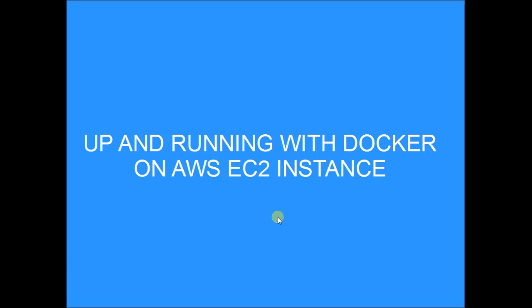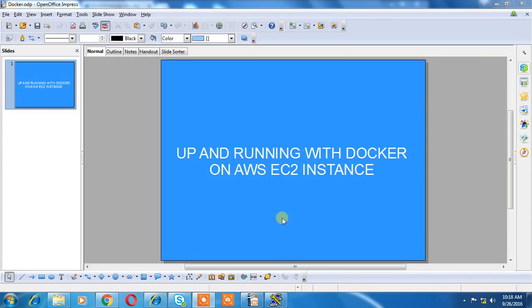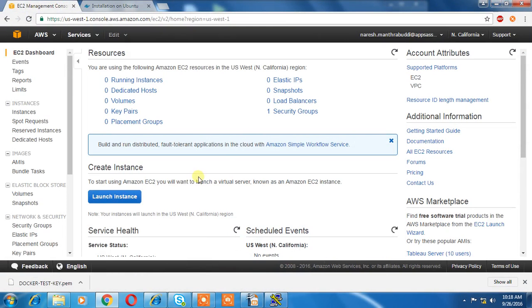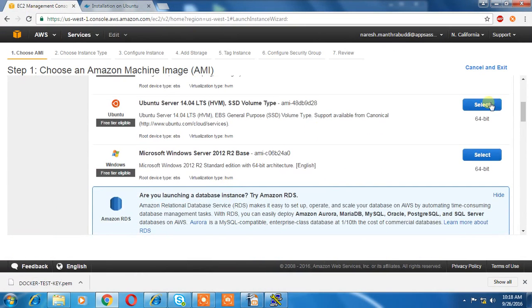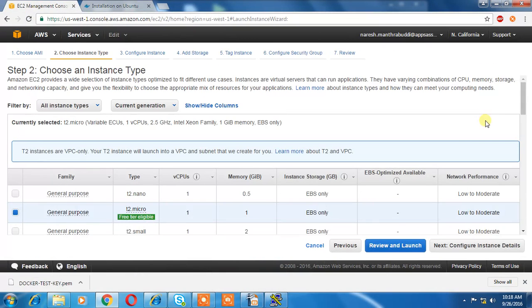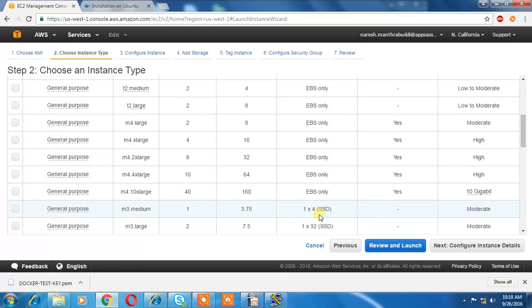Hi, welcome to Up and Running with Docker on AWS EC2 instance. In this video, we are going to launch a new instance and try to Dockerize it. For this, let's go with Ubuntu, which is free tier eligible, T2 micro,